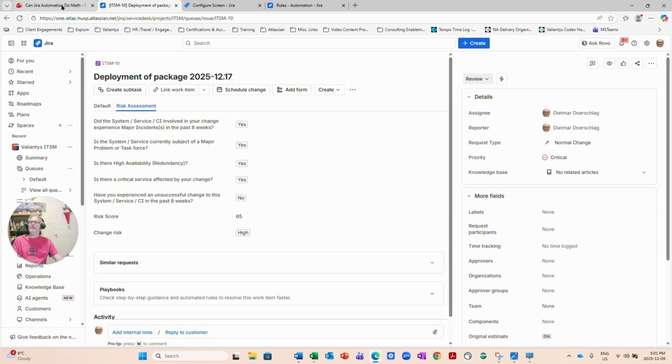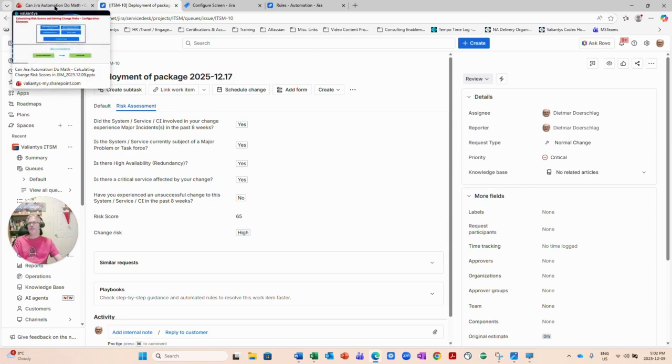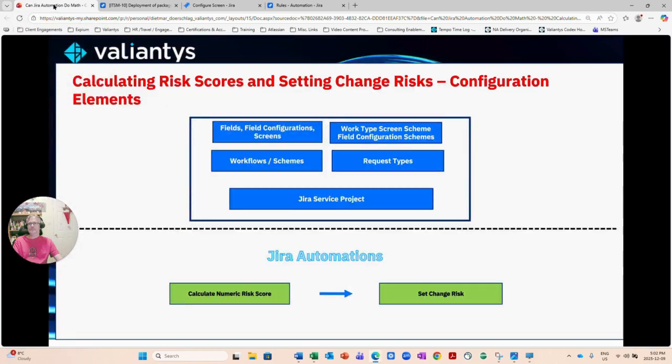So now let's look at what elements came together that we made this actually work. As always in Jira, and this next part of this video is now really more geared towards the system administrators, those who create the solutions that I just showed you. As always in Jira, when you configure a solution like that, it involves multiple configuration elements that have to come together. So here we have, first and foremost, various fields, field configurations that also, of course, live on